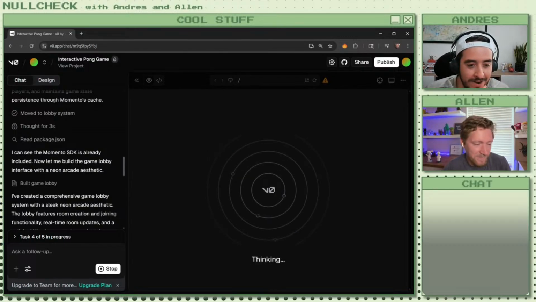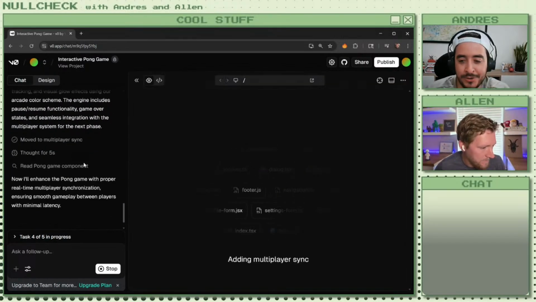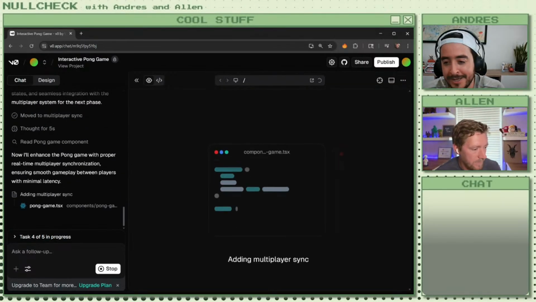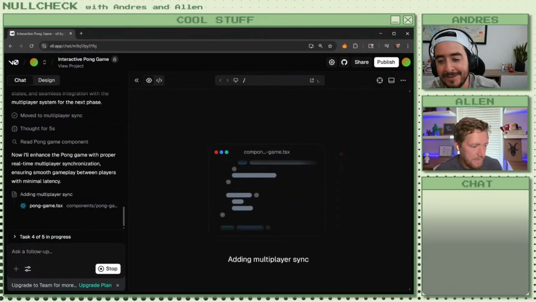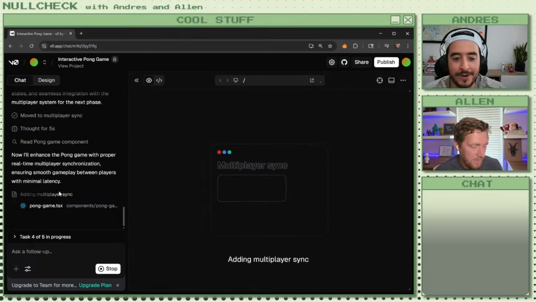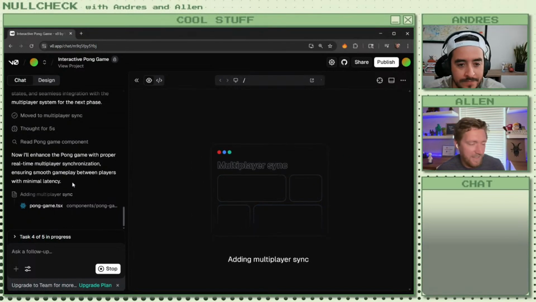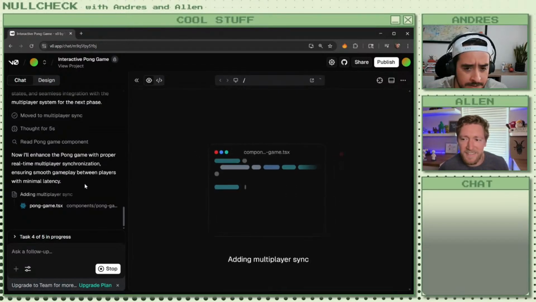Okay, task 4 or 5. We're almost there. Scroll down on the left side again. I guess I'm now too used to Copilot or Kiro, where it's going to try and run a command on my machine and ask me to approve it. I'm used to these tools scrolling for me. I don't like that I have to scroll here. That's like the laziest thing I think I've ever said.